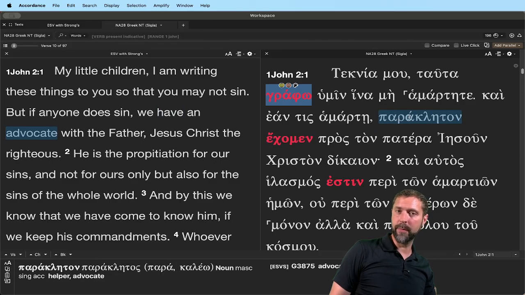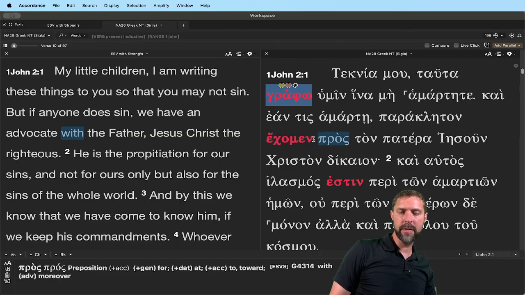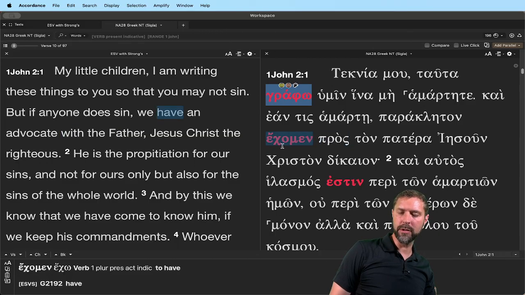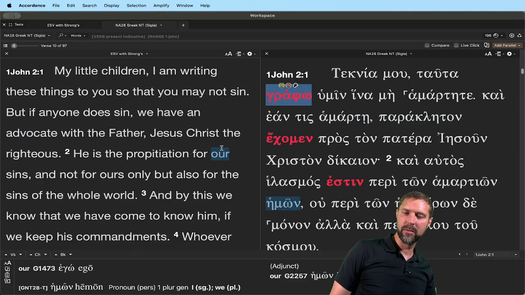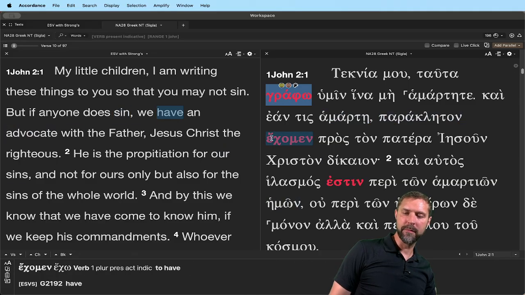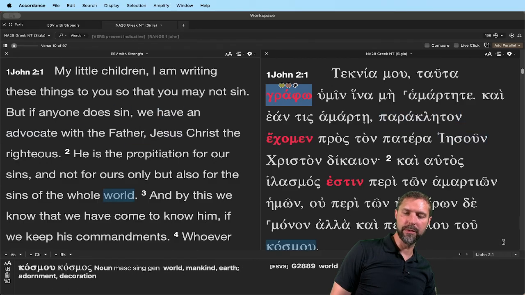an advocate, a paraclete. Okay, look at this, analyze it for a second based on the chart you've just learned. Can you find the place on the chart? Pause the video actually. Find the place on the chart, identify what we're looking at here according to your present active indicative chart. Okay, hopefully you found it. This is the first person plural. We are having an advocate. This is the verb to have, and first person plural, we're having an advocate with the Father, Jesus Christ the